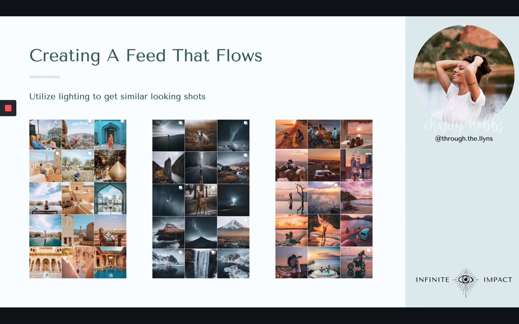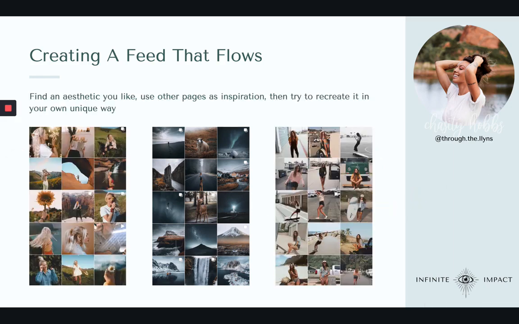So if you live somewhere that has a more foggy tone, if you live somewhere that gets a lot of clouds and moodiness, then you might want to go for a feed that looks a little more like that. Or if you live somewhere that's always bright and sunny, then obviously you would have a feed that looks more bright and sunny. And then over here on the far right, you can see most of their photos were taken around sunset. They have that pinkish orangey glow.